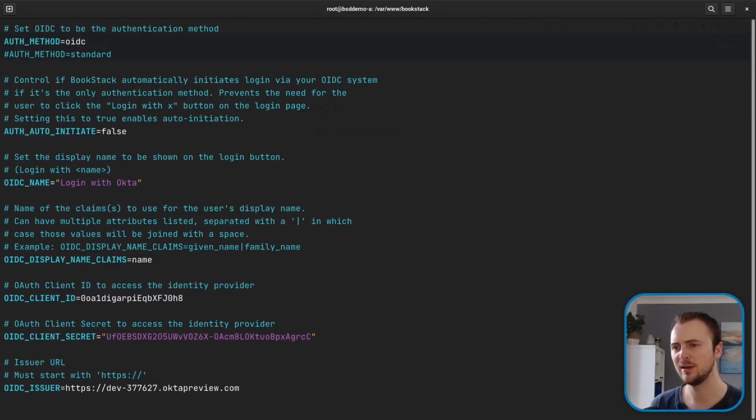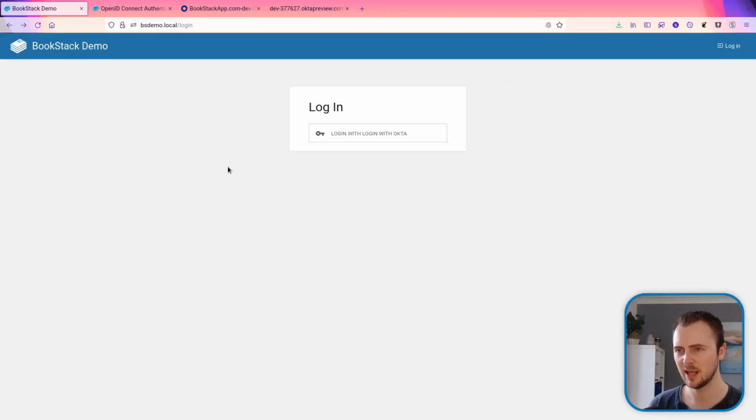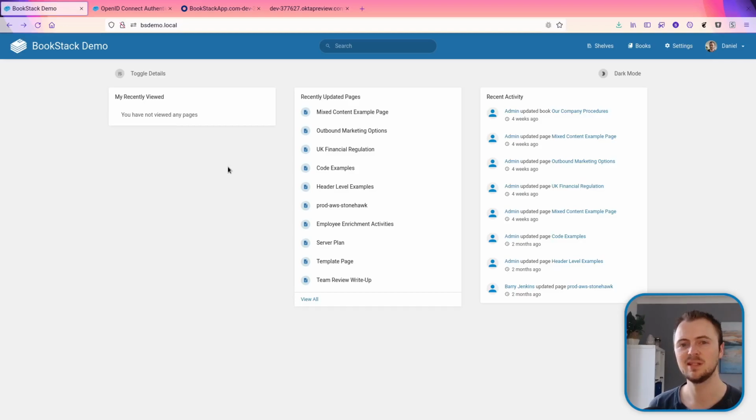So as I touched on earlier, this allows you to automatically start the authentication process. So we'll give this a test by changing this to true, and then we'll save this and then jump back into the browser. Now we're on the login screen here from earlier, but now I'm just going to reload this. There we go. So we didn't need to click the button first. We saw a little loading animation to say that it's starting the login process, and then it immediately took us there. So a nice way to provide less friction for users getting into your BookStack instance where you're